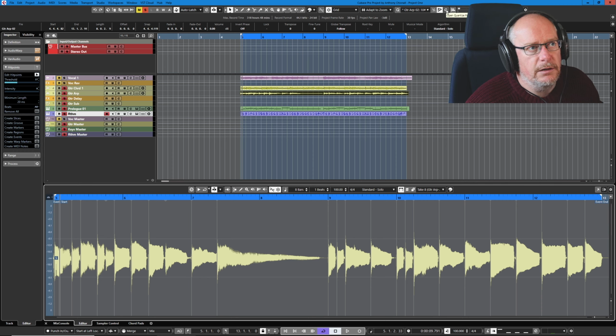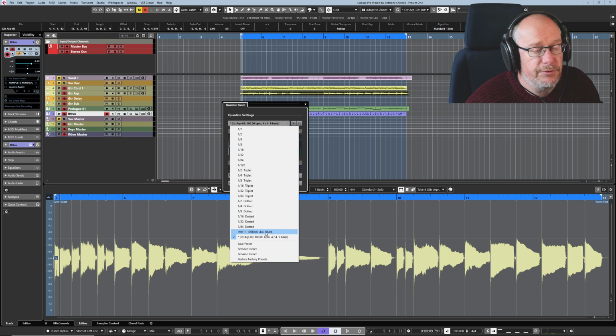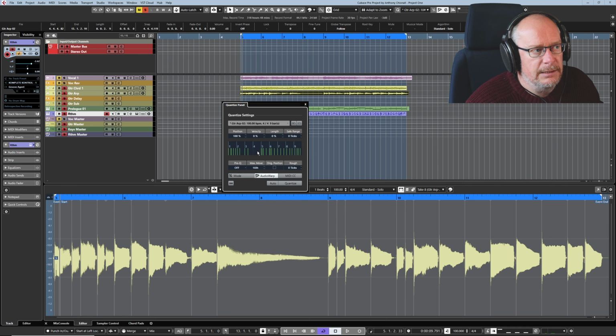And now if we have a look in our Quantize panel, you'll see that in addition to the preset that I saved earlier, we've got a new one, Guitar Arpeggio 2. And there's a big gap here. So this is an example of something where if I didn't have a max move set and there was a note here, it would theoretically jump a very long distance to find the nearest groove line. Now this isn't a particularly good quantized grid to set because there's such a big gap here, but it's illustrative